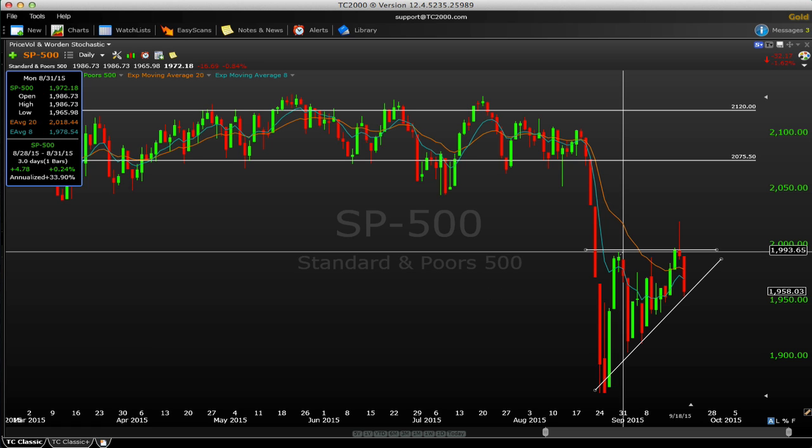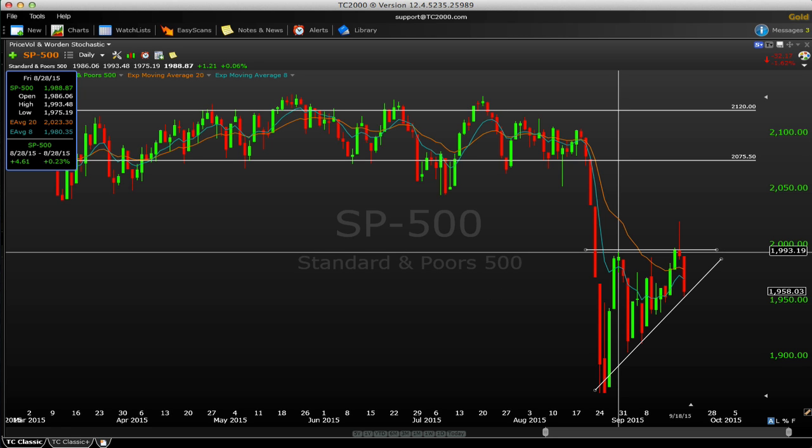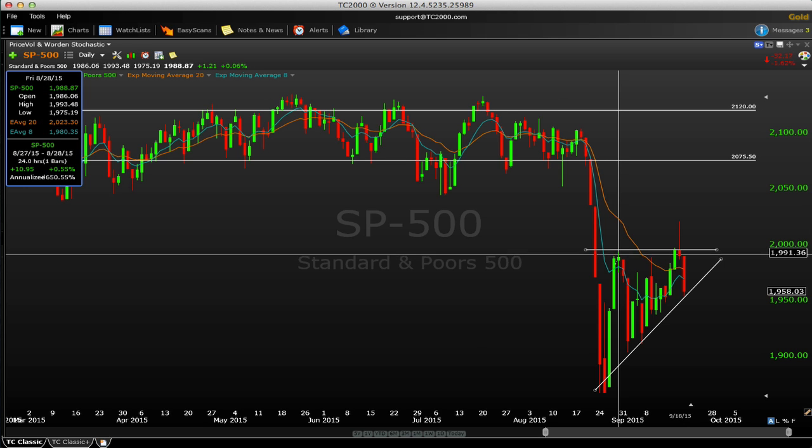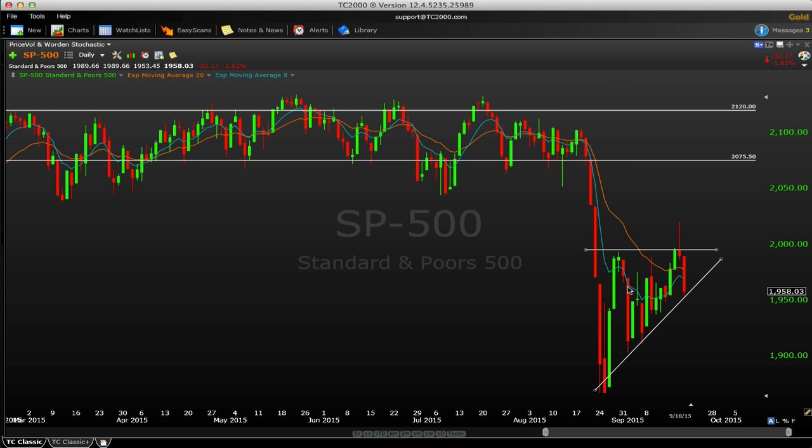It was also the immediate highs that we made with our 3-day bounce following the sharp leg lower right into this 1995, 1990 level. So that was definitely a level we wanted to see the market get back above if we were to start getting more constructive. And what we saw instead was a sharp move lower off of that level.